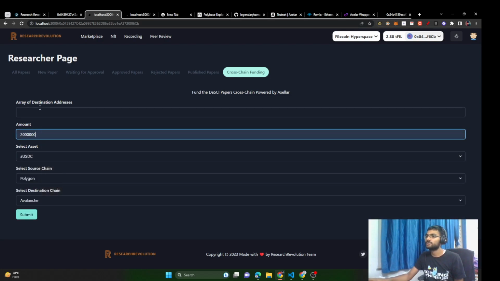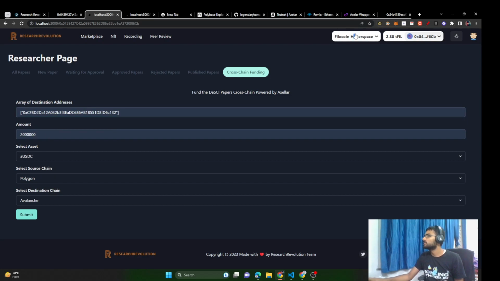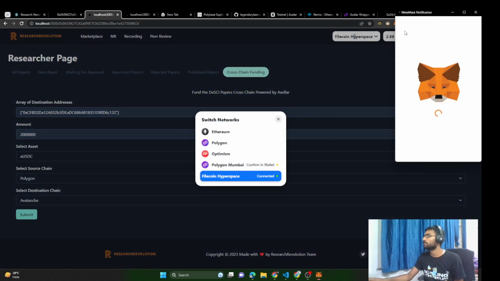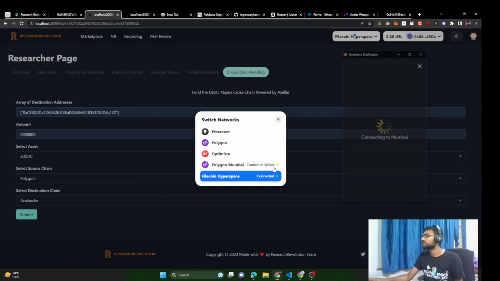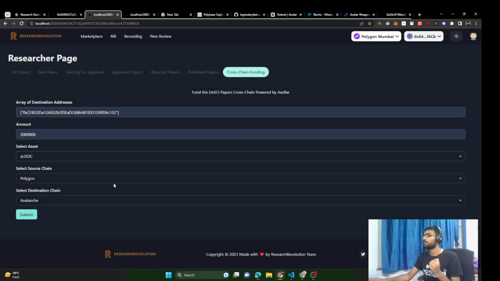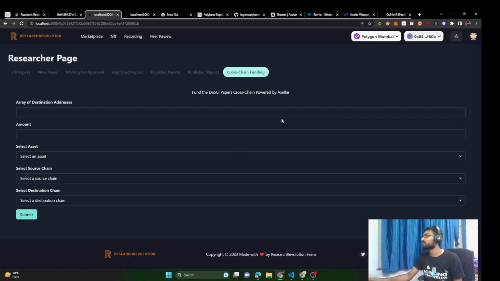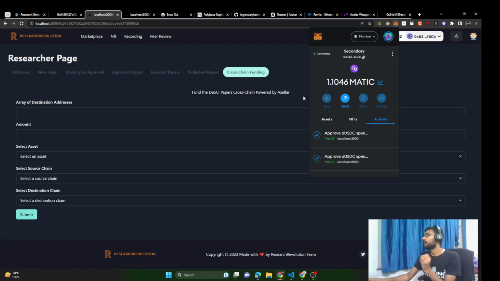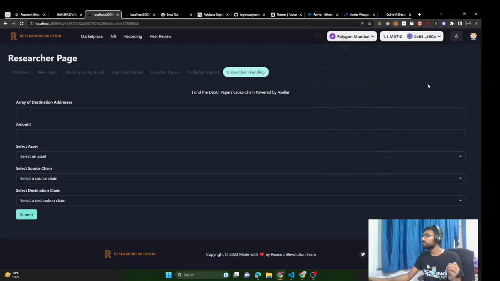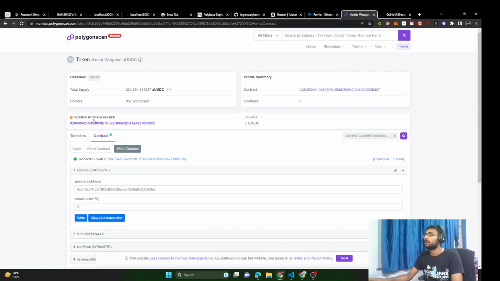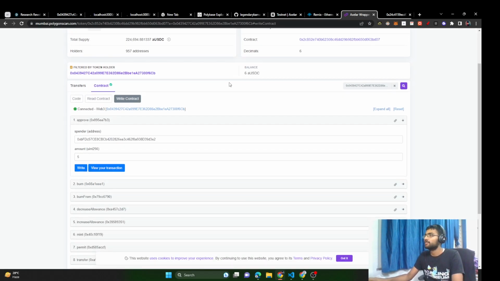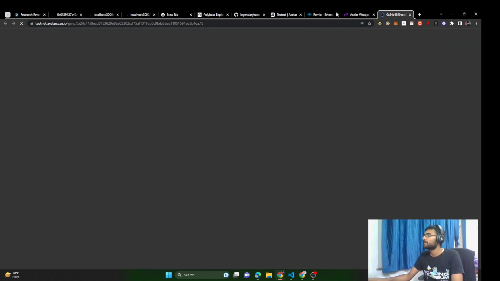And I would set the amount again, and I would switch the chain to Polygon Mumbai, as I want to send from Polygon to Avalanche. And then once I click on submit, the transaction would pop up, which would ask me to approve the AUSDC, and then send them similar to these. It might take a while, but as soon as it happens, we would send an approve to this contract, and